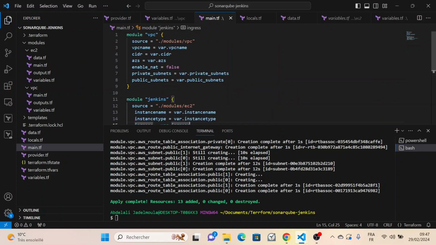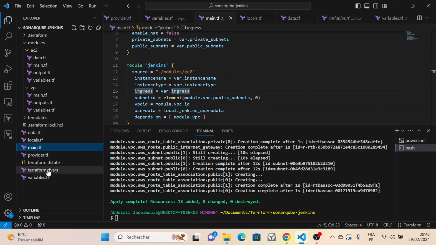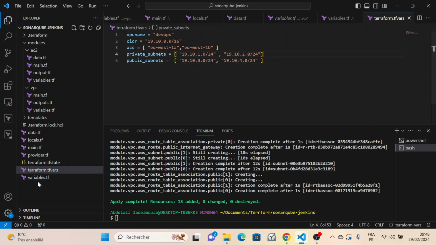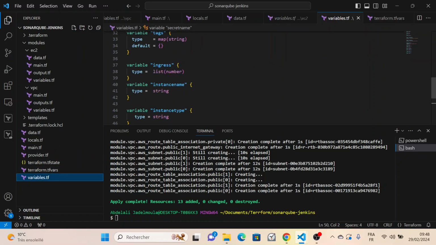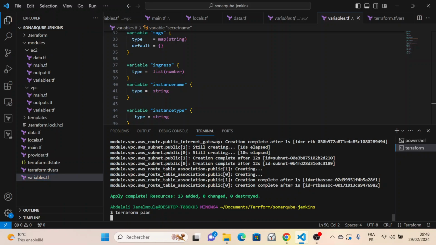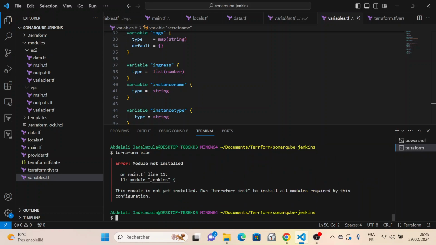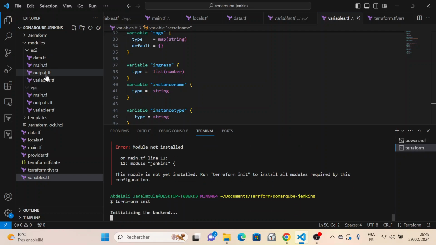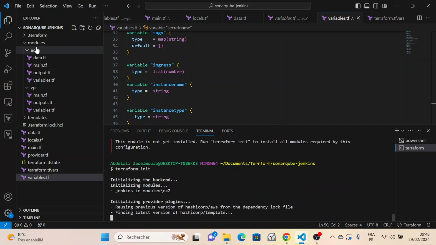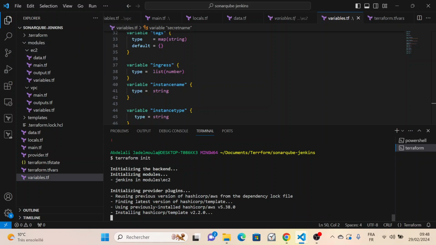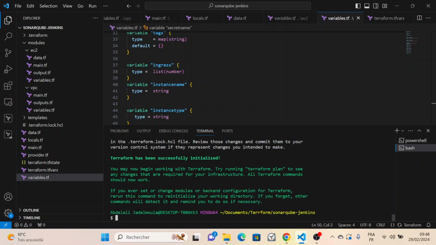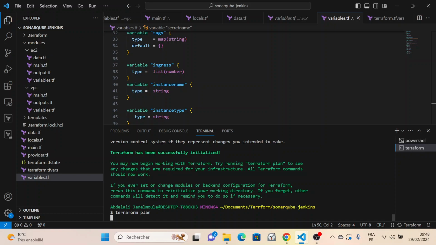What I will do is deploy this, but first I need to provide the values of these variables, because even if I don't provide the variables, I can try terraform plan. I need first to do terraform init to initialize the resource I just created. Every time you create a new module, you need to initialize it. Perfect. Now if I try to do terraform plan,